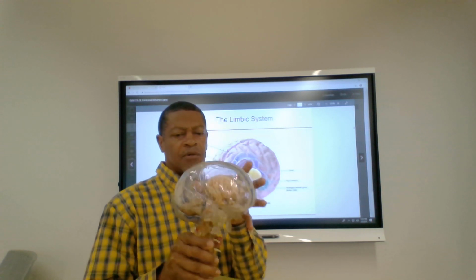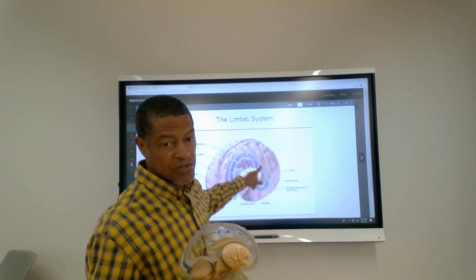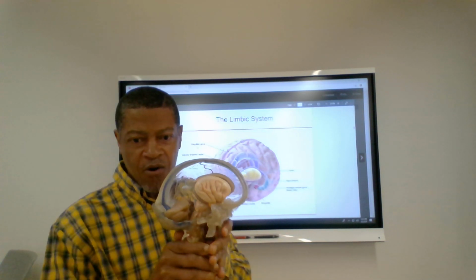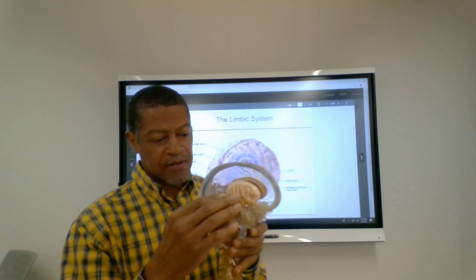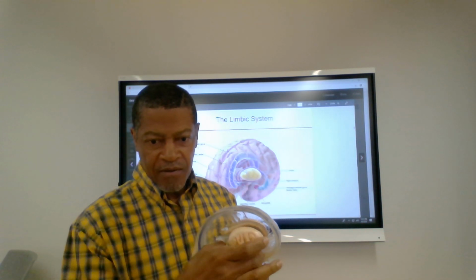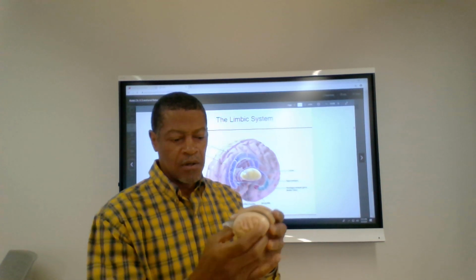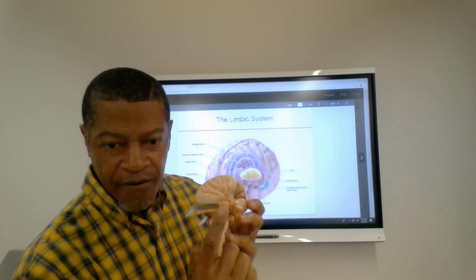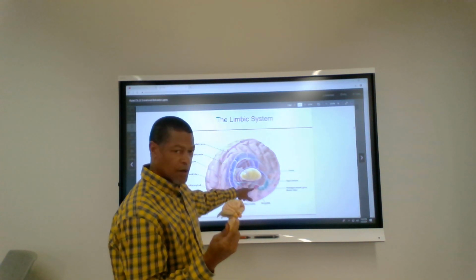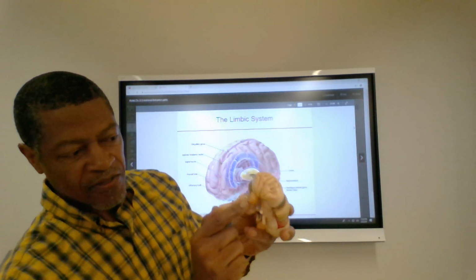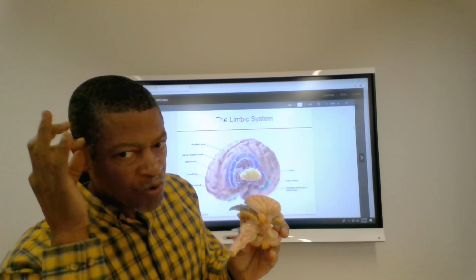If we have the brain and we open it up to search for those structures we just talked about, all these are now subcortical structures deep below the cortex. If you look right here, you take the inside out, that little structure right there, that's the amygdala. Almond-shaped structure, amygdala. Right there is the hippocampus, right on the base of the brain, but it's kind of there in the temporal lobe area also.